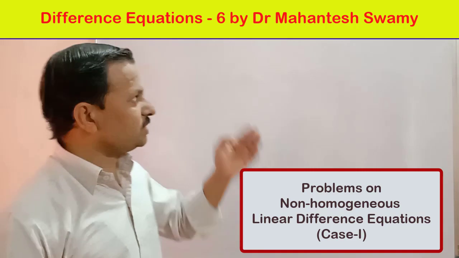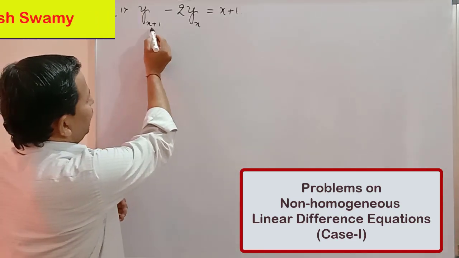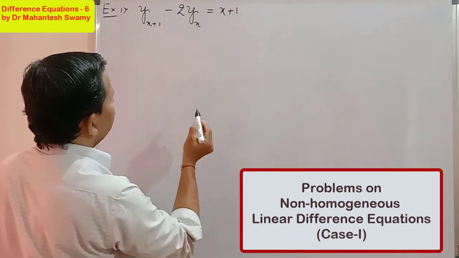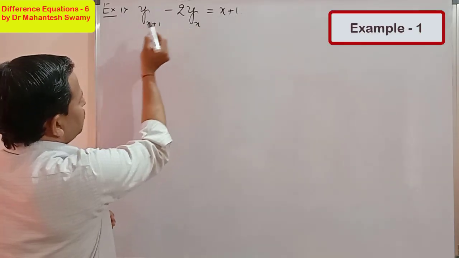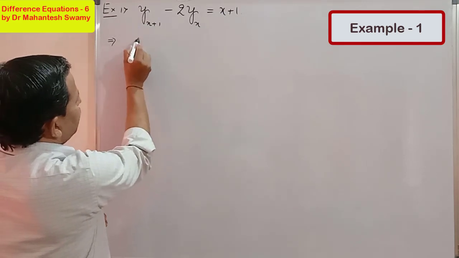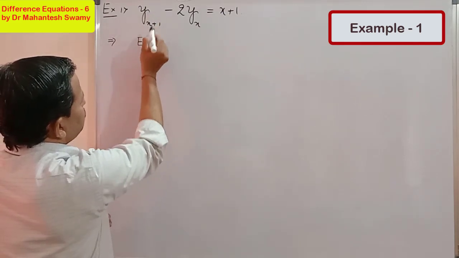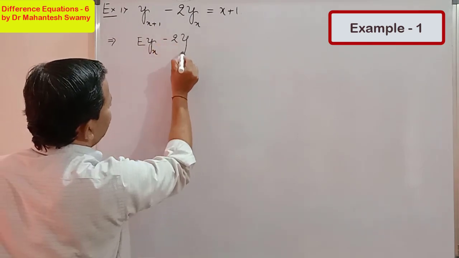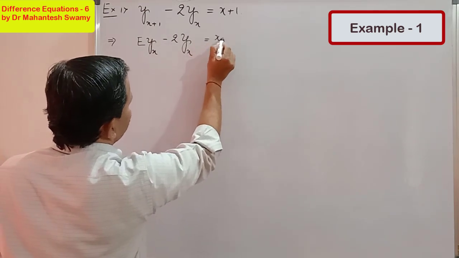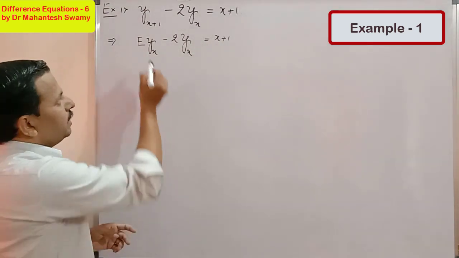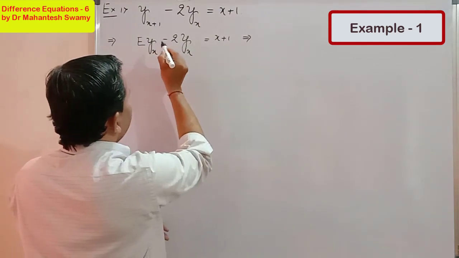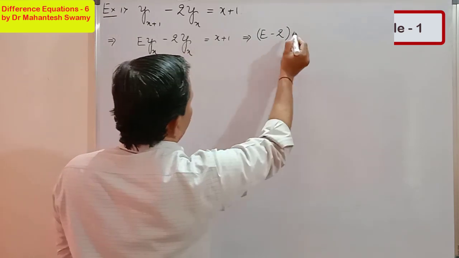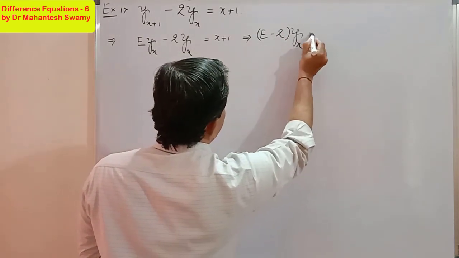Let us consider the first example. The given difference equation is y(x+1) - 2y(x) = x + 1. This difference equation should be written in the form E y(x) is E of y(x) minus 2 into y(x) as it is, and our RHS x + 1 as it is. Now this implies (E - 2), keeping it in the bracket, y(x) outside, that is equal to